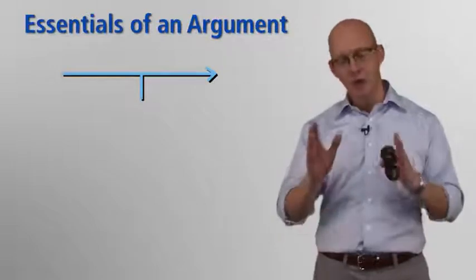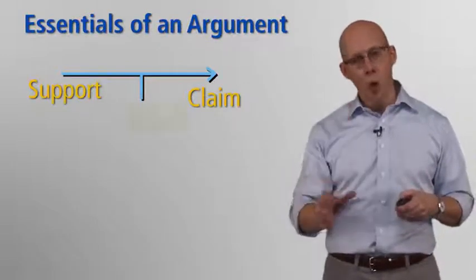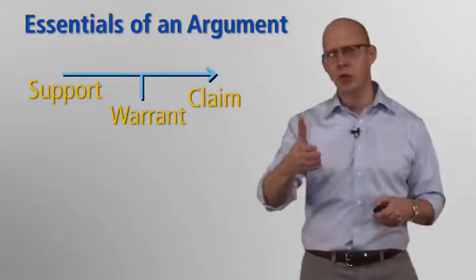And these can be arguments about policy. Policy arguments are what we should do as a collective or individuals, or they can be claims and arguments about fact. The earth is X years old, whatever. So what then are these key elements of an argument? Well, there are three key terms here: claim, support, and warrant. I'll talk through each one of these.